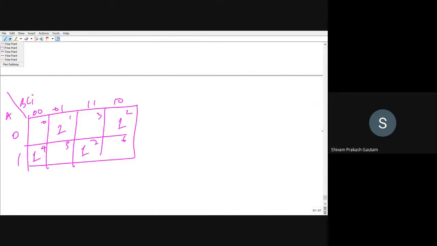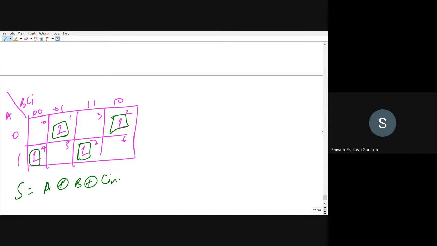Now you want to group it. If you want to group it, all are independent. You can see all are independent cells. So if all are independent, this is a unique case. So this sum will be A XOR B XOR C in. We will shortly see how it is possible.